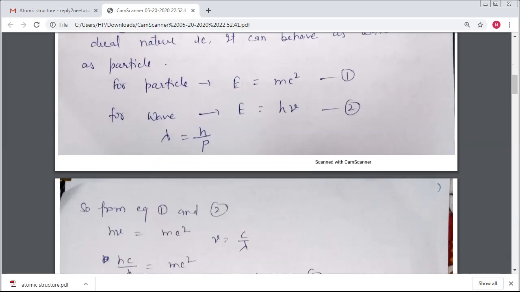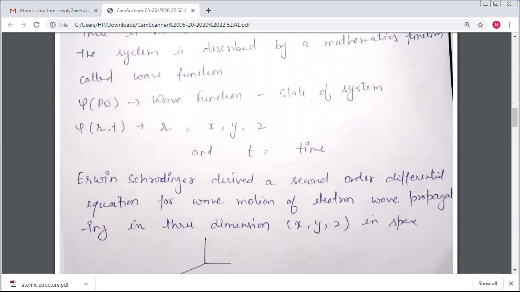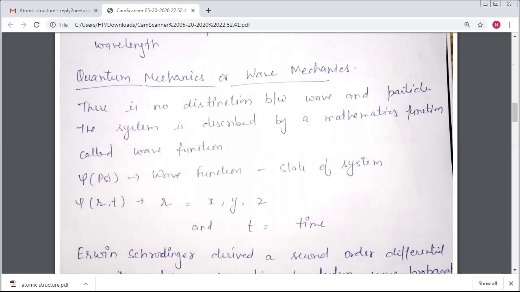And then we find the quantum mechanics or the wave mechanics here, the requirement of the Schrodinger wave equation. So Schrodinger, the name of the scientist, is Erwin Schrodinger. So here in the Schrodinger equation we